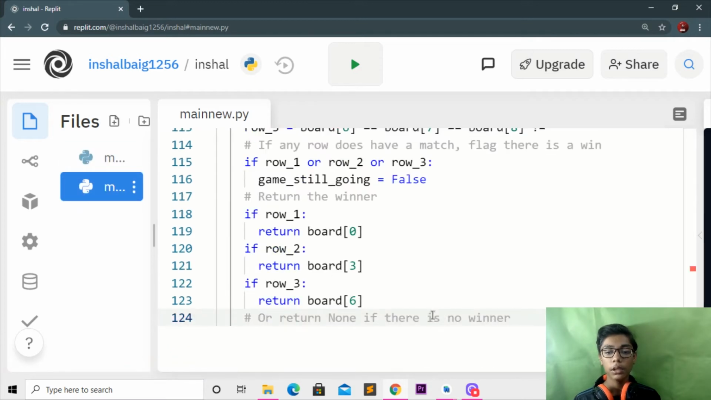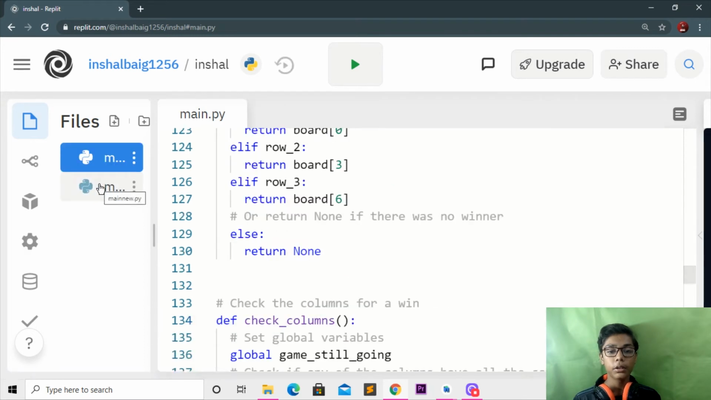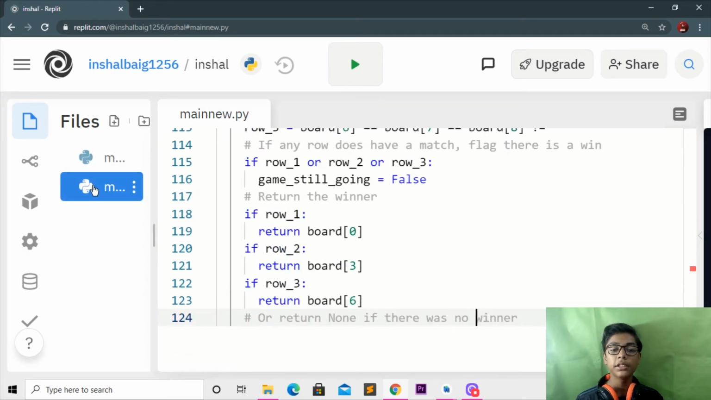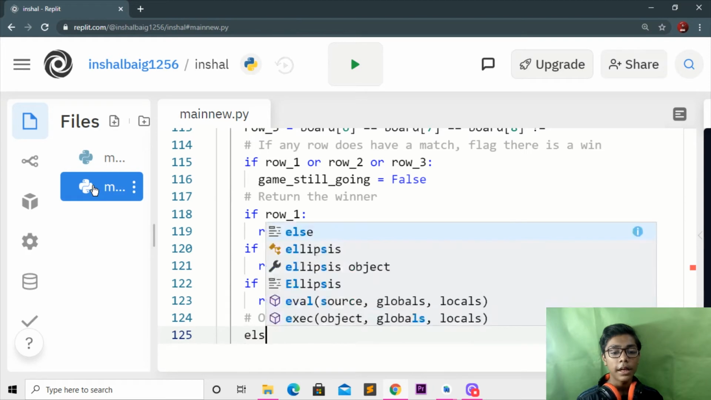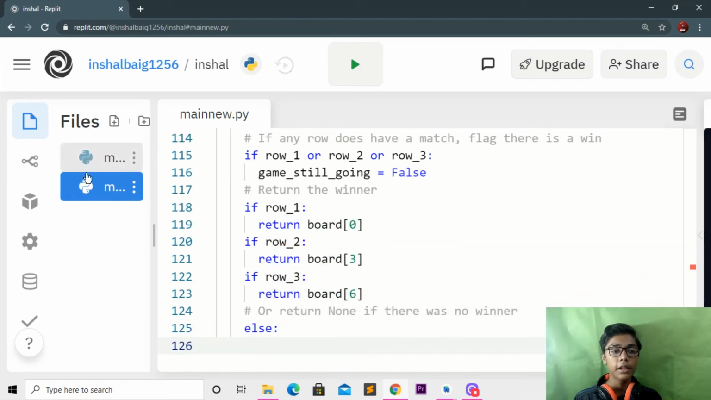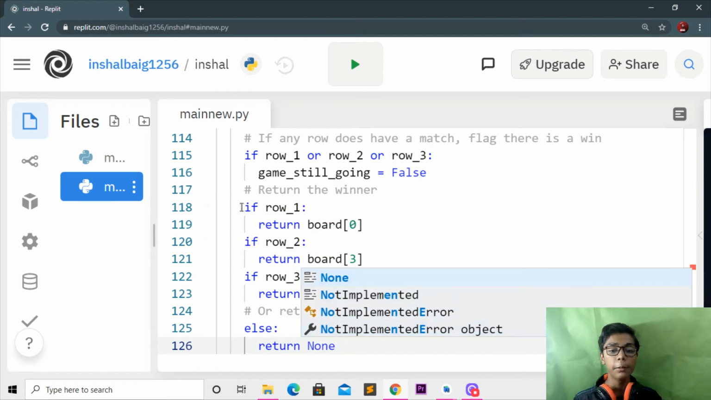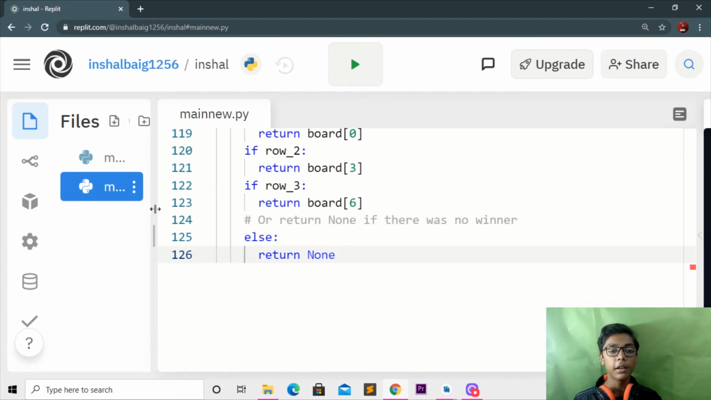There was no winner. Here I'll be writing, if there was not a winner. So when you've done all that, I'll be coming here writing else, and coming underneath also, and then writing return none. Okay, when no one has won, it will be just returning none here. So when you've done with that, simply you have to go here,